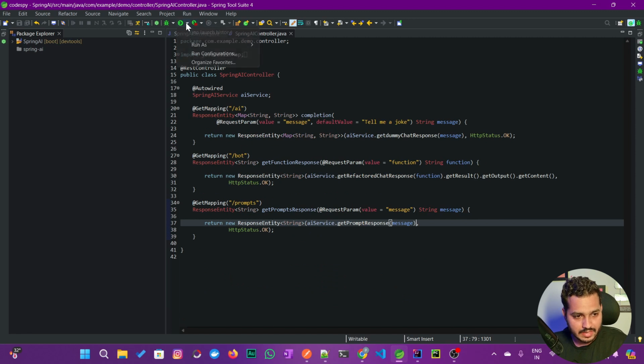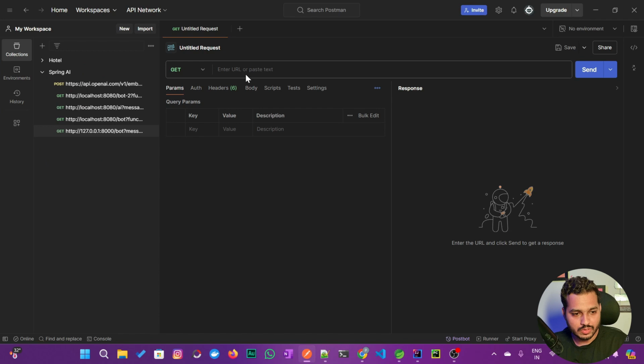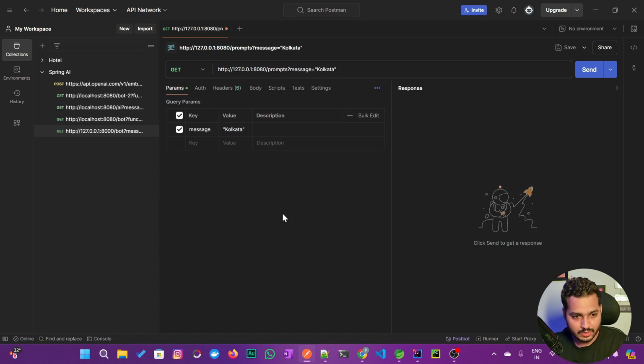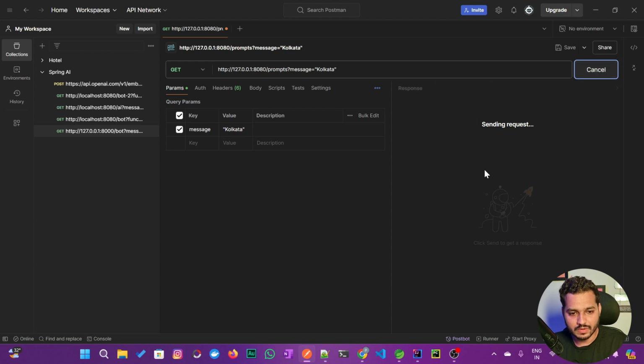If I run this application, now our application is running. Let's go back to a testing tool. I am using Postman. In Postman, I will use this request. Our prompt is mapped on this prompt request, and in the parameter we are passing message, and in message we are passing a city name like Kolkata. If I hit this request,